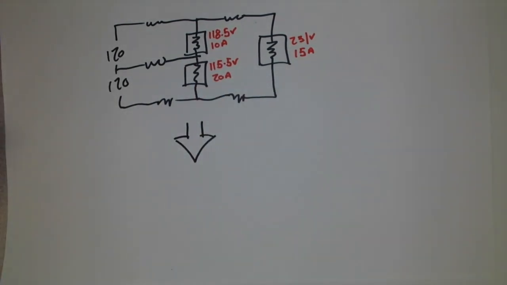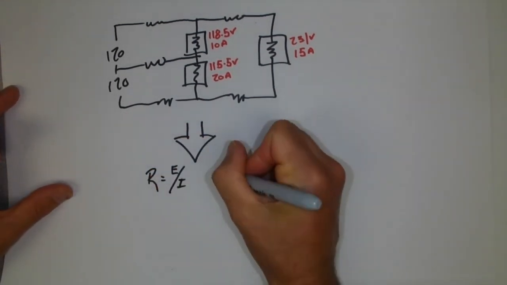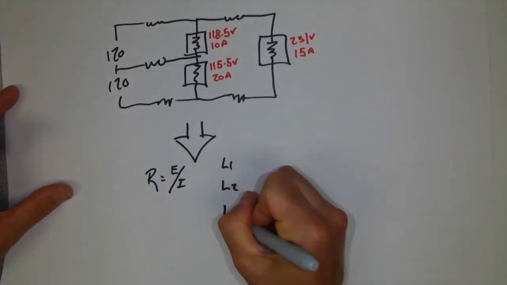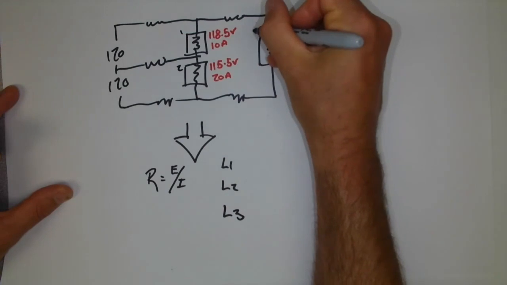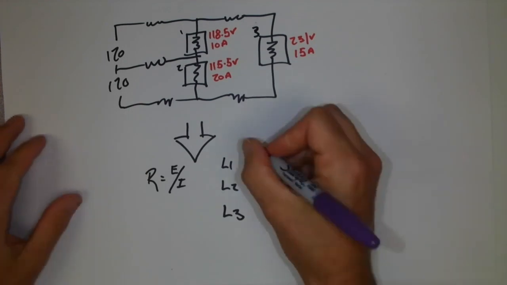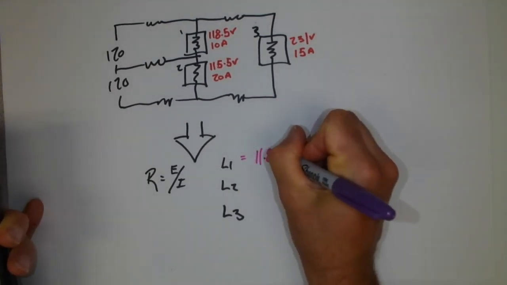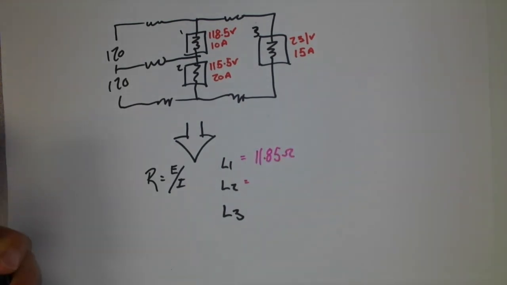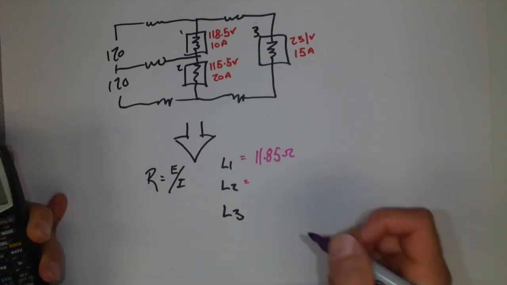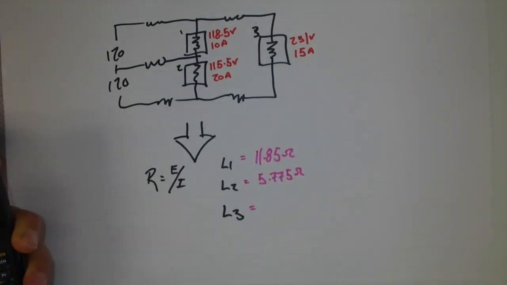So down here, we would then do resistance. R is equal to E over I, which means that load 1, load 2, load 3, right? Because of 1, 2, and 3. There we go. So load 1, 118.5 divided by 10 gives me 11.85 ohms. Load 2, 115.5 divided by 20, 5.775 ohms. And load 3, 231 divided by 15 gives me